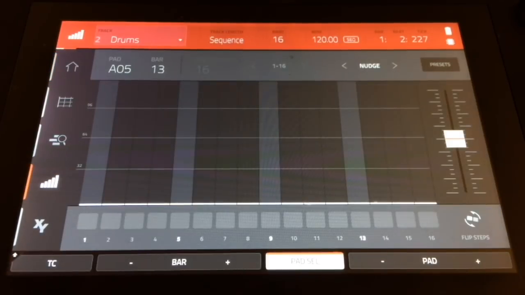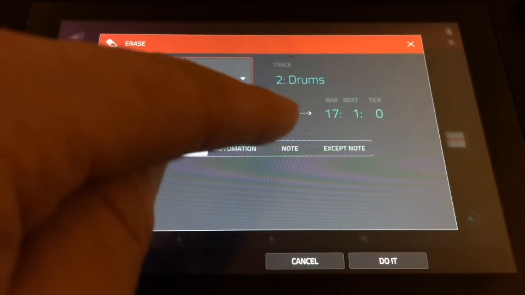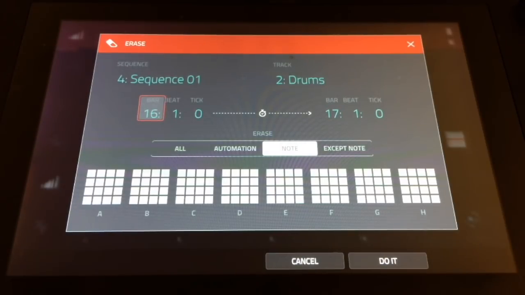So not too bad. I think I probably need to just erase the kicks. They didn't sound too great, and the snare as well, I think. So I'm going to choose note again. I'm going to go up to bar 16, where we know that we've still got some elements in there. So I'm going to get rid of the kick and the snare, and I'm going to keep in those hi-hats to lead us into our fifth sequence. So I'm going to press do it,